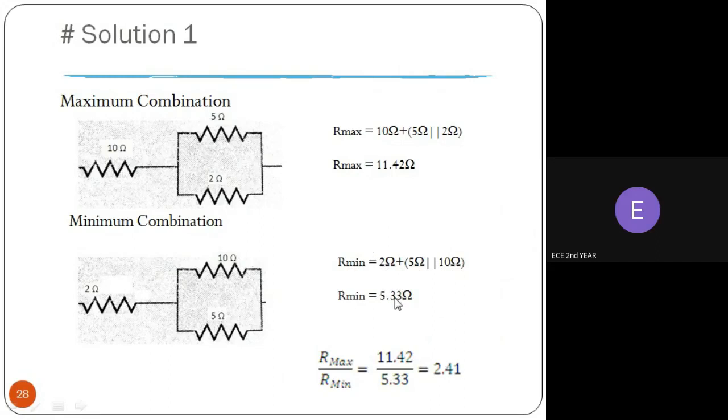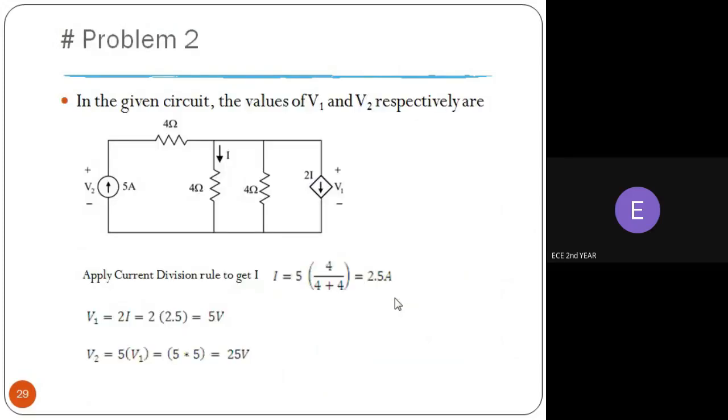and the resultant value is 5.33 ohms. What we need is the ratio between the maximum and the minimum resultant resistances. So R max divided by R minimum is 11.42 divided by 5.33, which is 2.41. In this way we can approach the problem. And the second problem is,